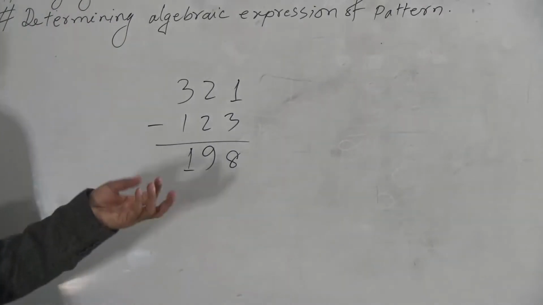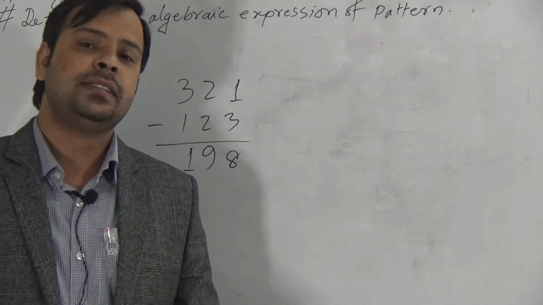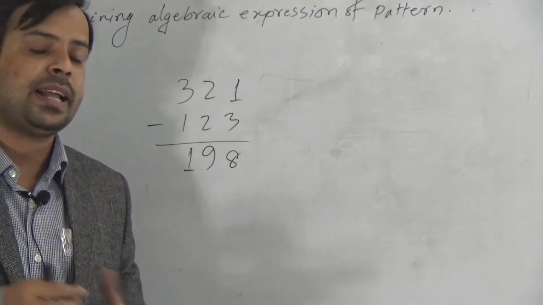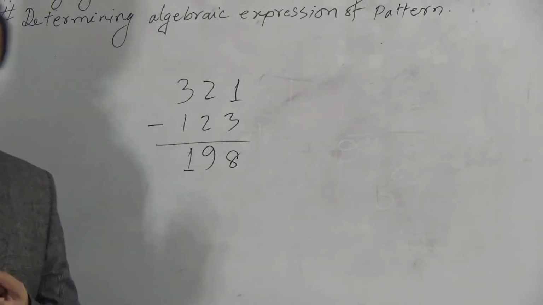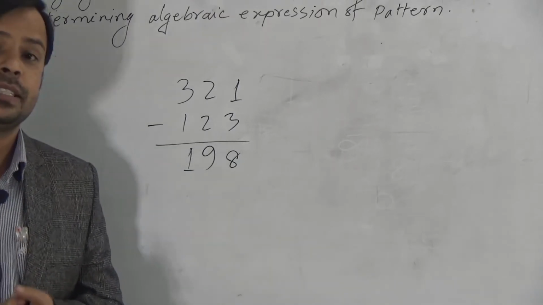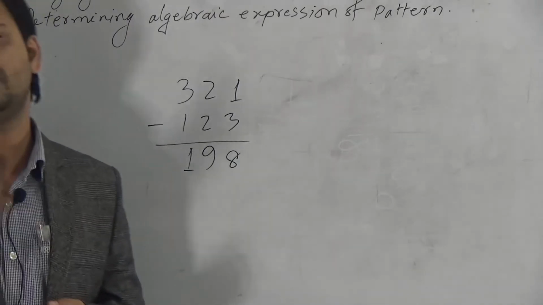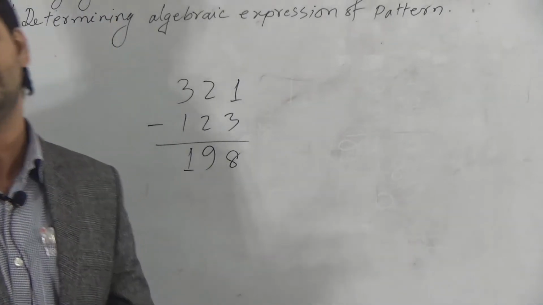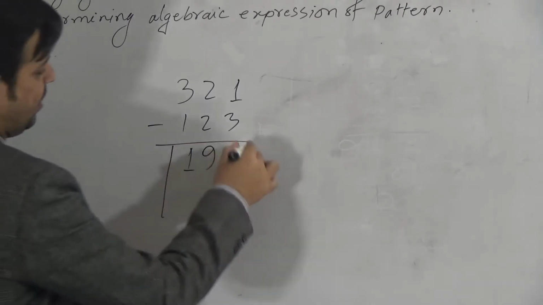Dear students, you need to remember that when you take any 3-digit number and write that number again by arranging the digits in reverse order, you will get two numbers. Find the difference of these two numbers. This difference must be divisible by 99. So check whether this number is divisible by 99 or not.